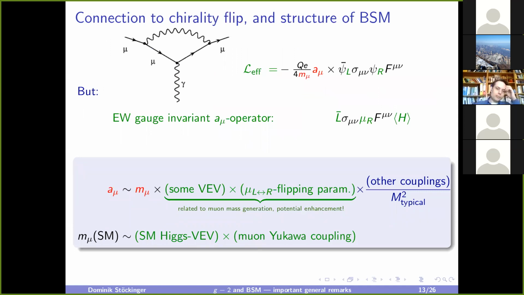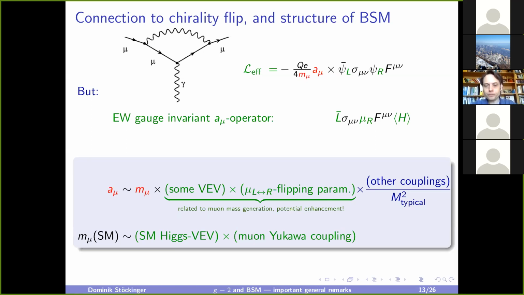And now let me come to the necessity of chirality flips, which was another of those four specific properties of g-2. It's in fact the most important and most distinctive property, I would say, for the phenomenology of g-2. What do I mean by chirality flips in more detail? The g-2 operator you see here on the top right of the slide connects a left- and right-handed muon with sigma mu nu and the field strength tensor. The prefactor of this effective operator is essentially g-2 over the muon mass. Okay, so this is a dimension 5 operator.